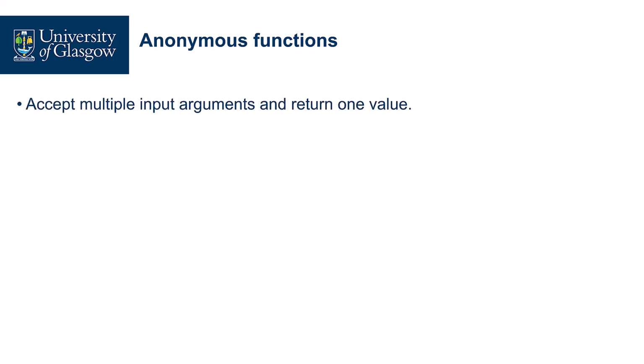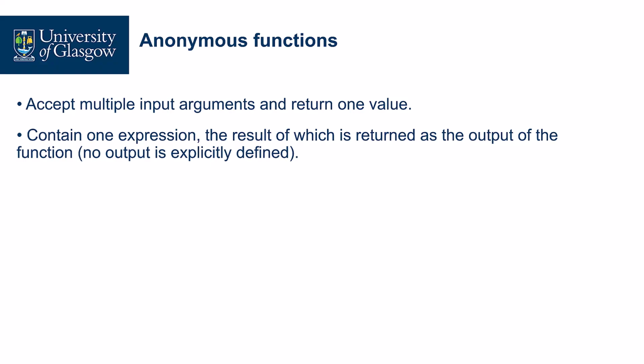They accept multiple input arguments and only return one value, which means one output. This function contains only one expression, and the result is the output of the function. So in this case, we don't need to explicitly define the output. Unlike what we have said previously, where we need to write a separate function file, or at the bottom of a script, an anonymous function can be defined at any point in a script,